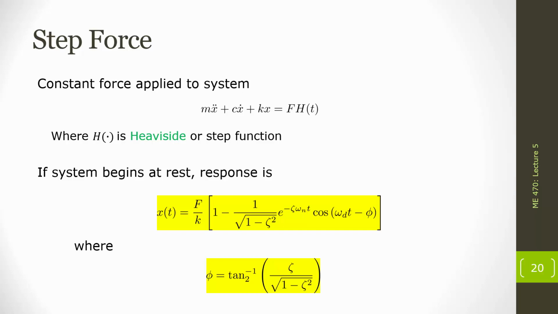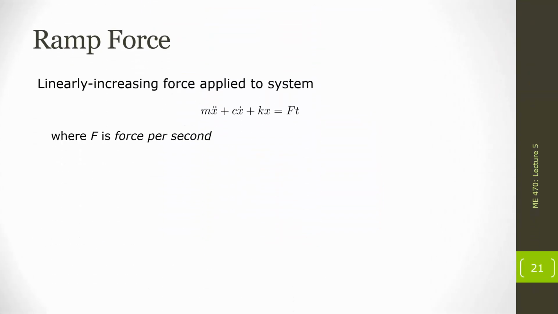And the final force that we're going to consider is a ramp force. So this is a linearly increasing force being applied to the system. On the right-hand side, we have this amplitude f, but here f is going to be measured in force per second. So initially when time is 0, we're applying no force, and then we are going to linearly increase that force